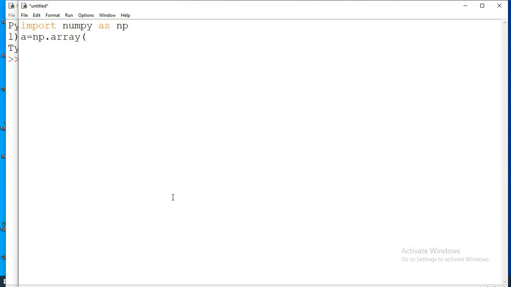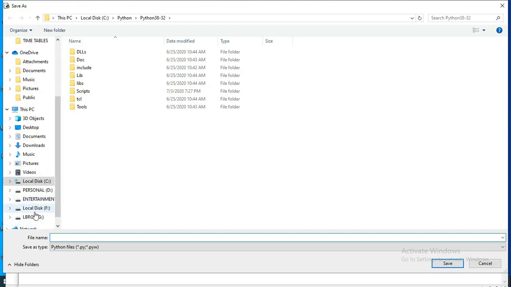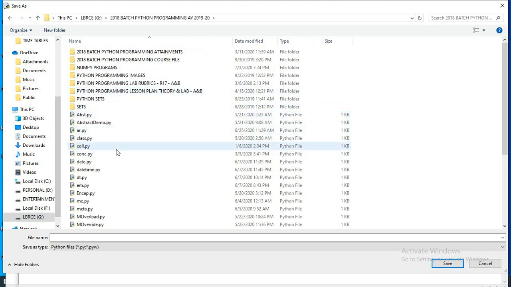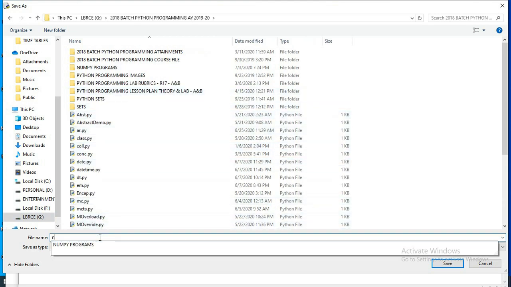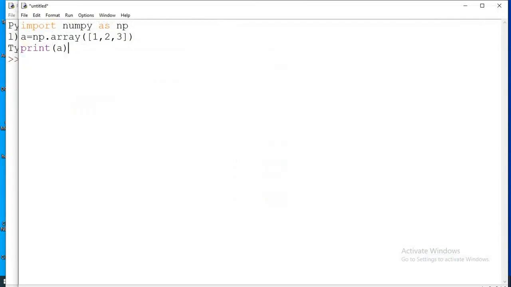In that function we have to pass either a tuple or a list. First I will pass the list and I will show you. Print a, so this will print the array. First we have to save the file as create.py.